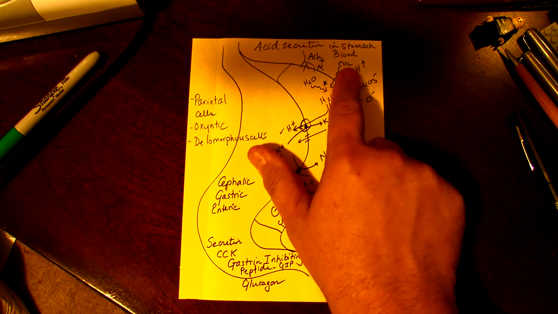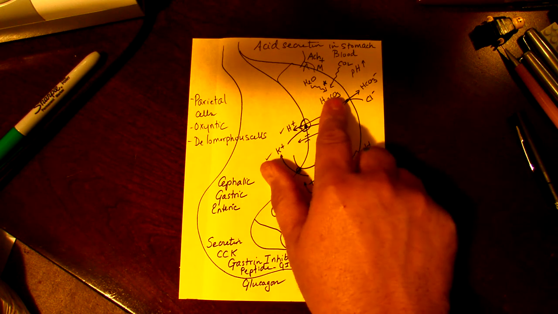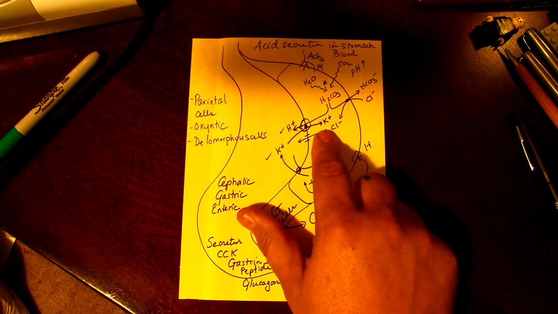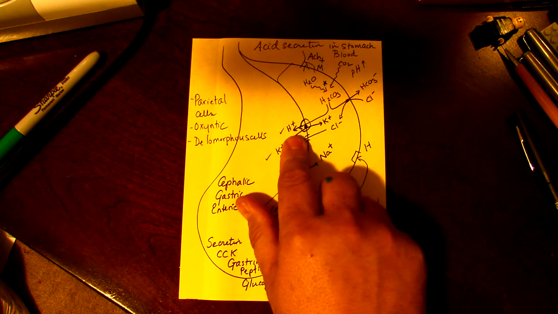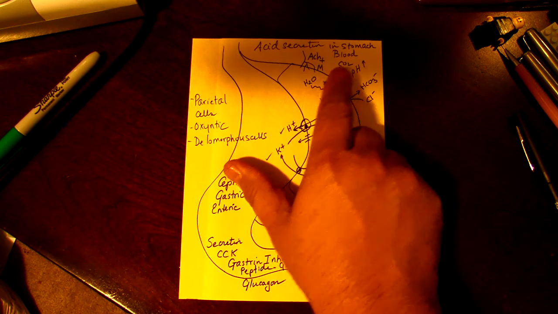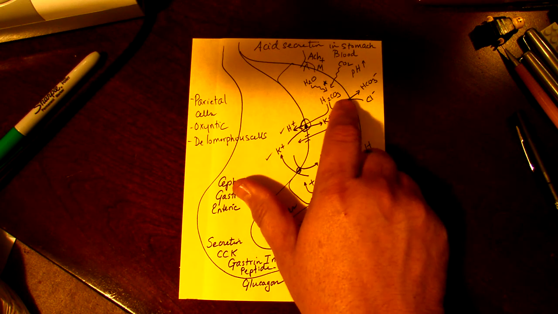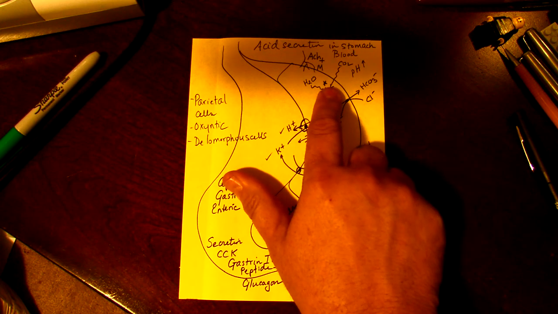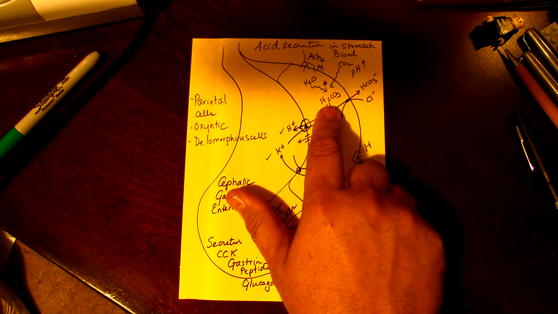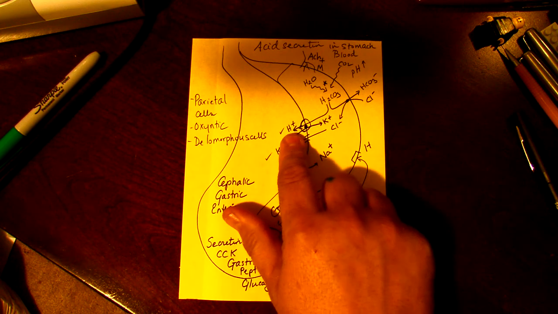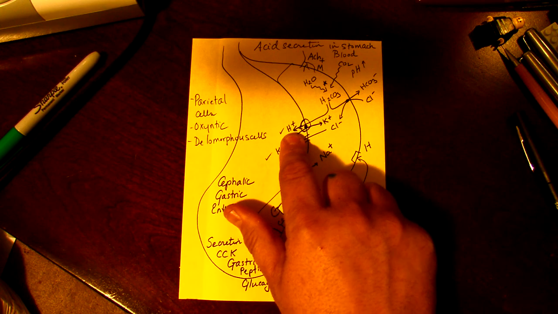As you all know, CO2 can enter all cells, and so it enters the parietal cells of the stomach that secrete the acid. The CO2 will join with H2O with carbonic anhydrase as the catalyst to make carbonic acid. The carbonic acid will then dissociate into hydrogen ion, which will eventually be secreted into the lumen of the stomach,